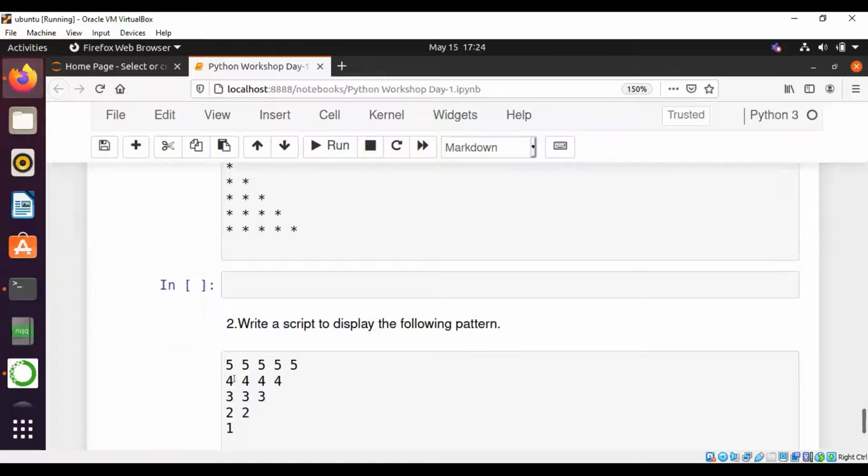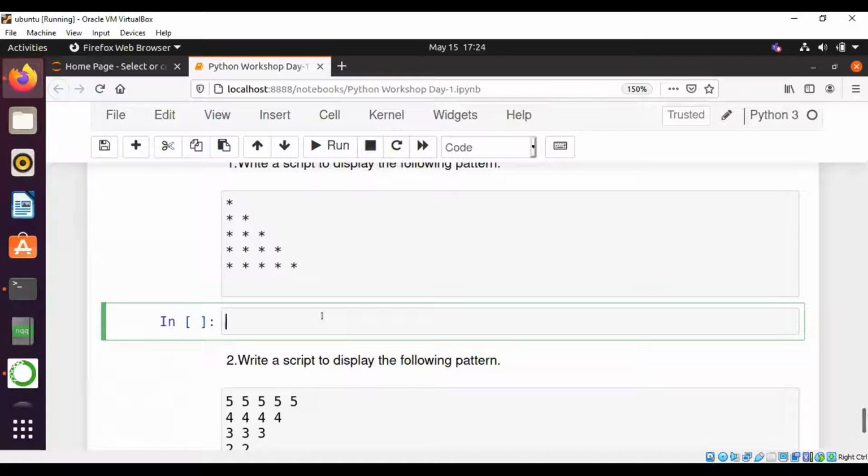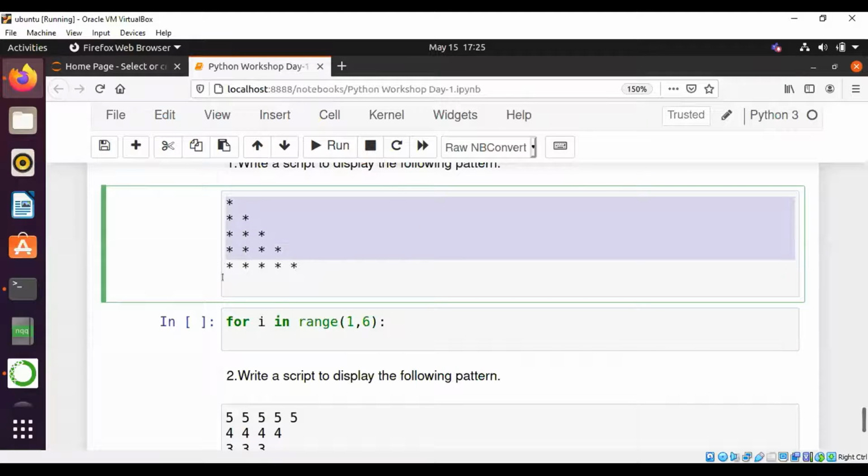Let's get into some patterns. Let's print this pattern first. As we can print the patterns as we wanted, we don't need to take any particular number as an input. Here we have this 5-row pattern. We can directly print it in a for loop, for i in range of 1, 6, so it includes 5 also. First we have to take it as rows. That means how many rows are we having? 1, 2, 3, 4, 5. So we are having 5 rows.